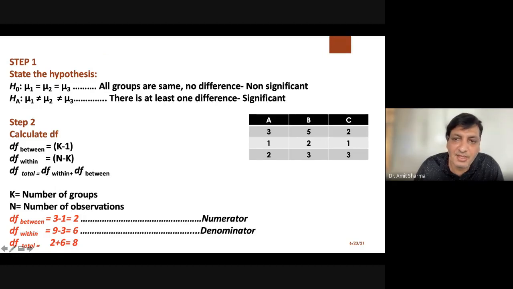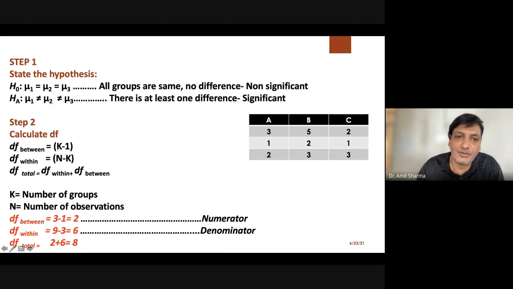For example, if under each group there are more than 4 or 5 readings, it will take you around 1.5 hours or 2 hours to calculate the whole ANOVA. So what the examiner used to do is keep a limited number of readings so that the numerical can be solved within half an hour or 45 minutes.